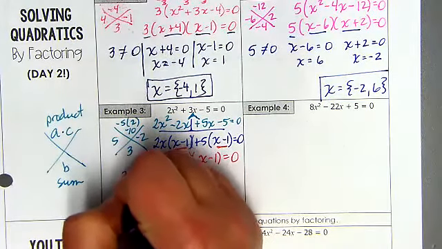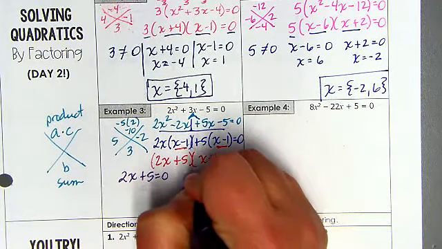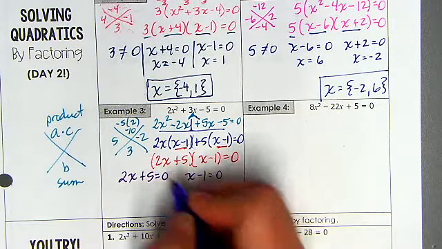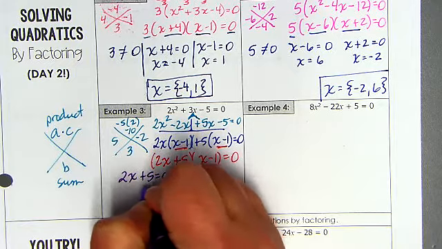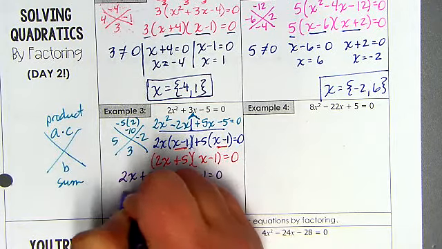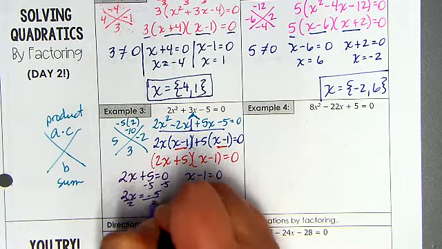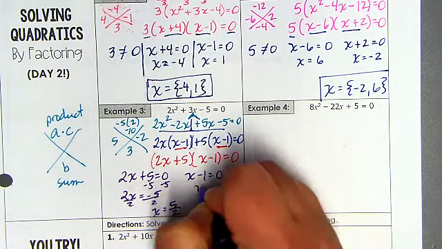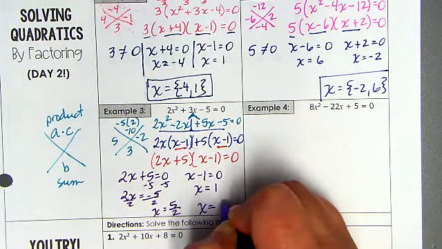And now we set each factor equal to 0. 2x plus 5 equals 0. X minus 1 equals 0. And now we solve each one. I'm going to subtract 5. 2x equals negative 5. Divide by 2. And x equals 5 halves. X equals 1. So my final answer is x equals